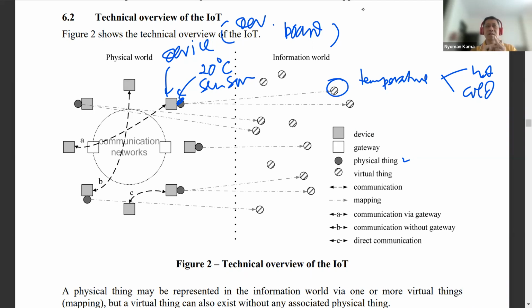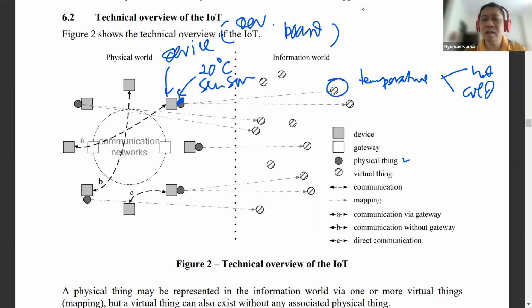So these are the three purposes of the IoT device: get, process, and send. Okay. Now, how does the device send the information? Well, from the ITU-T point of view, there are three ways of communication to send the data.